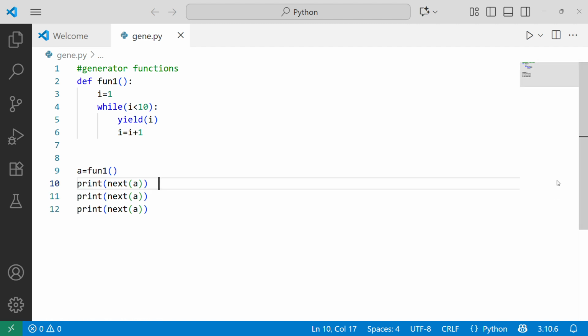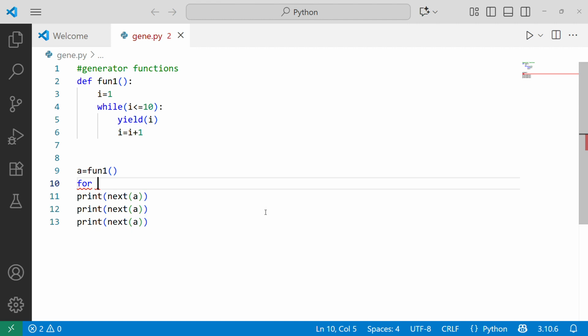It means now I have created a generator which is capable of storing the values from 1 to 9, as you have written i is less than 10. Suppose you write less than or equal to 10, it means it is able to generate 1 to 10 values. So 10 times you can write the next statement. See, you can write this statement in a loop as well, so that instead of writing next 3 times,